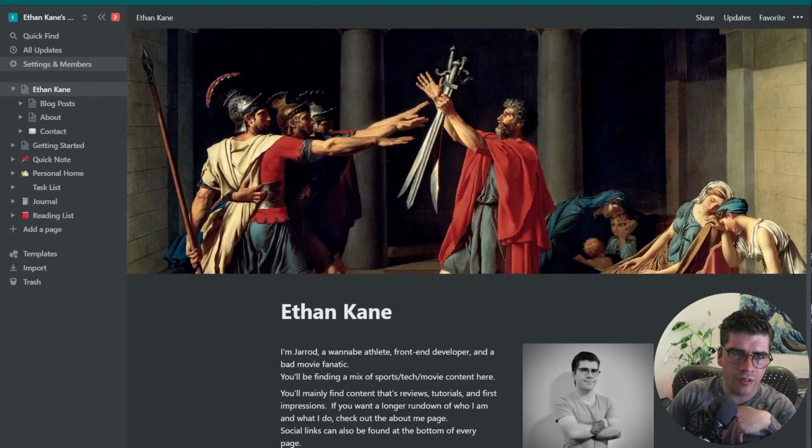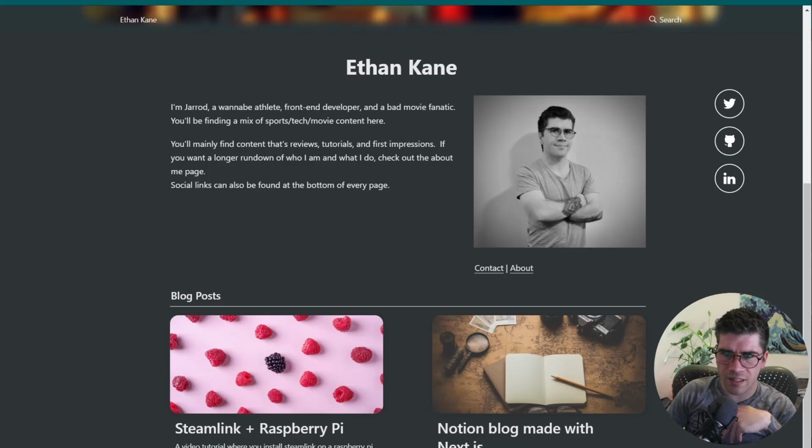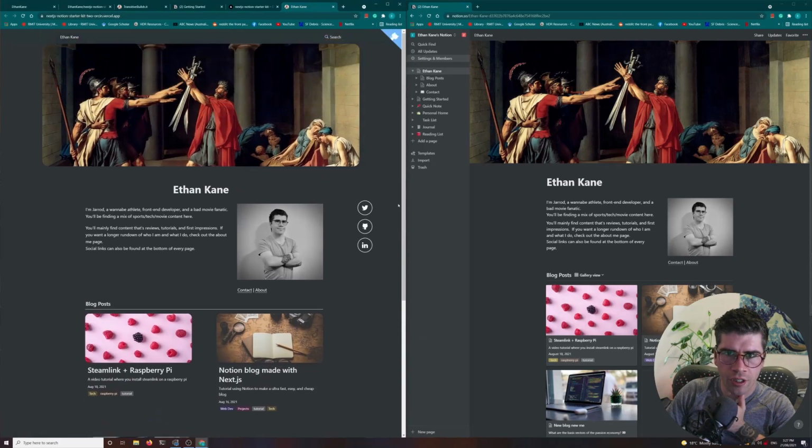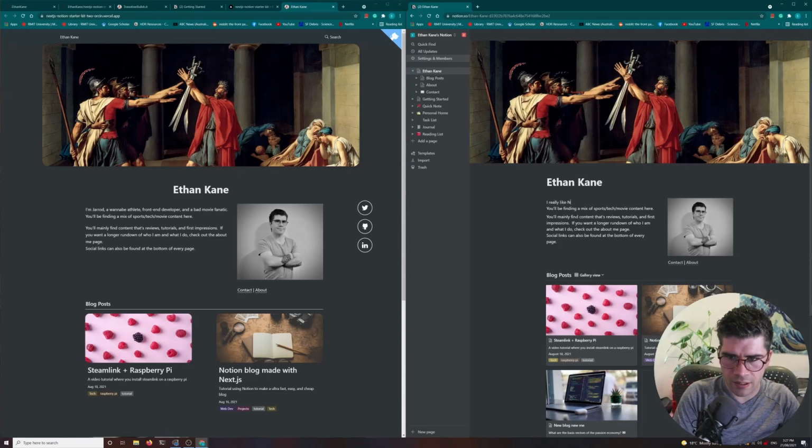If we go to here, and if I have it so everyone can see all our content. So right now on the left is the live blog. On the right is Notion. This is really cool because what we can do here, we can change stuff and just say, like, something like that. I think then what's going to happen is there's a few, it's not going to hydrate the